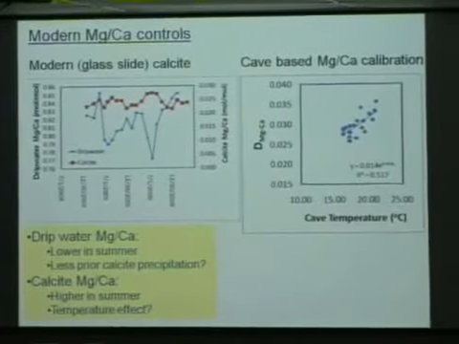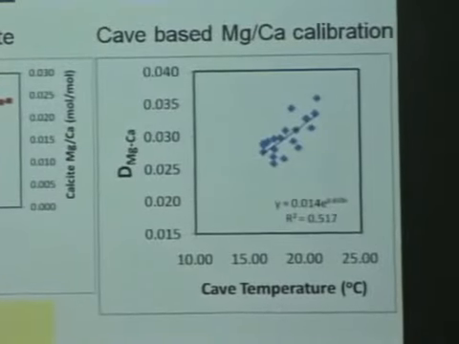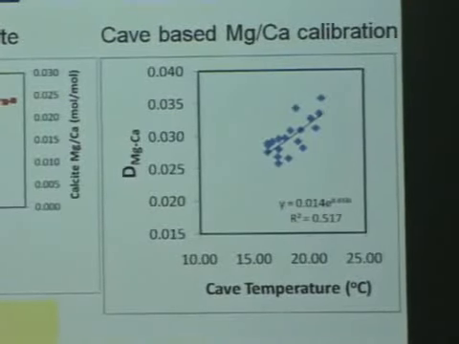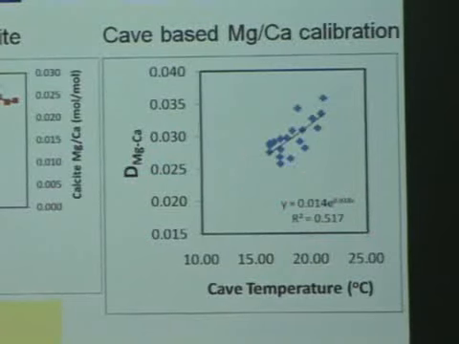Anyway, there's a number of magnesium calcium calibrations out there that we can compare this data to, again, because we have the magnesium calcium data and we have the temperature data. If we do that sort of test, we can get this relationship here, which actually, I don't have the graph in here, but it does compare pretty well with previous estimates of the magnesium calcium temperature relationship.